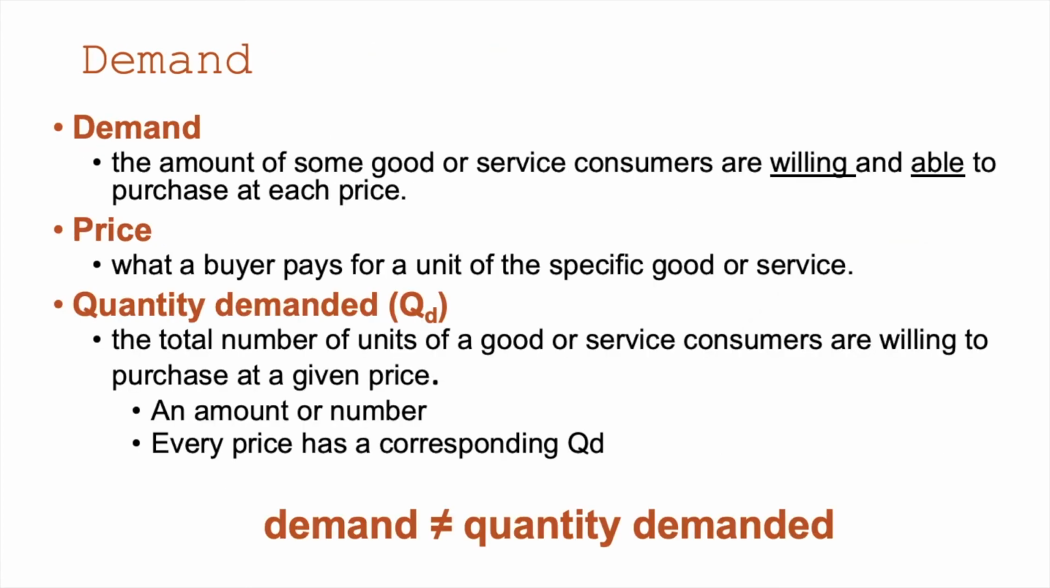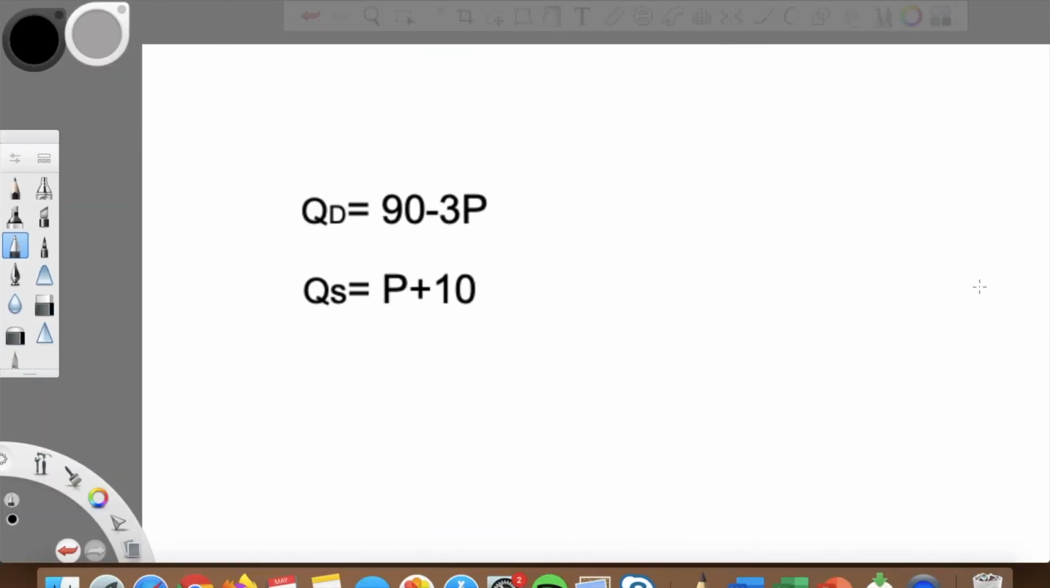All right, so that's key question number 1 finished. Now we're going to talk about demand. These definitions here are pretty important. Demand is the amount of some good or service that consumers are willing and able to purchase at each price. This is your book definition, and it's a great definition, but I like to summarize demand